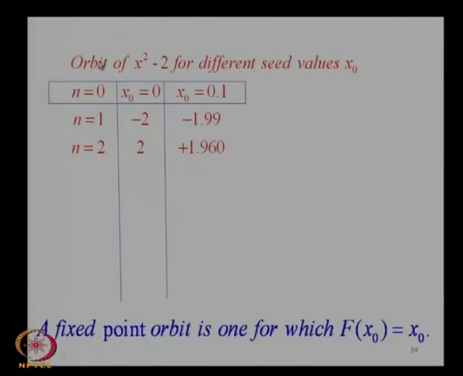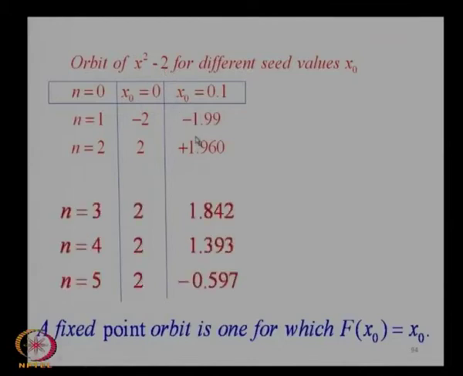You construct the square of this and subtract from it 2, you get minus 1.99, then you square this, subtract from it 2, you get 1.96, and if you keep doing this for n equal to 3, 4, 5 and so on, this one settles down to the value 2, whereas this one does not. So, this orbit of x square minus 2 sort of settles down to a fixed point,